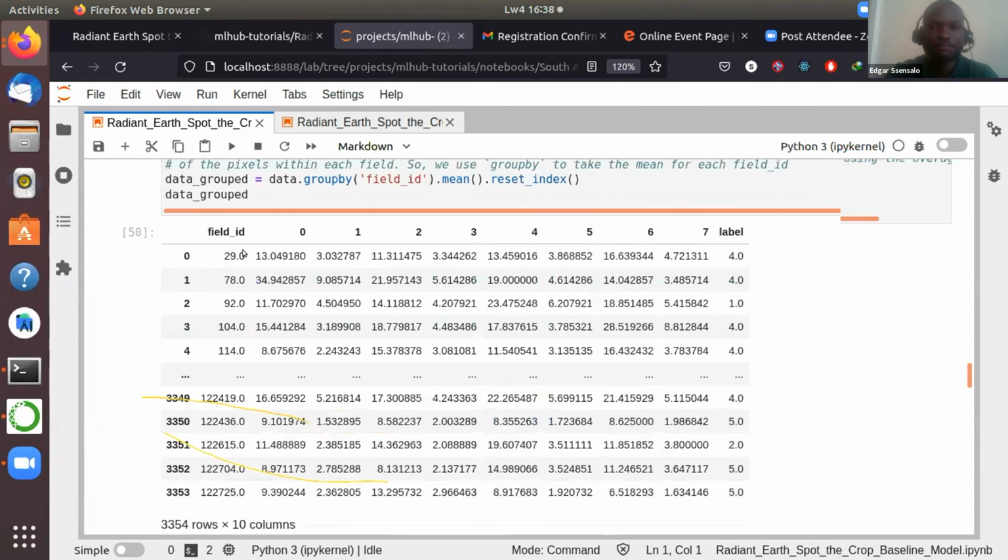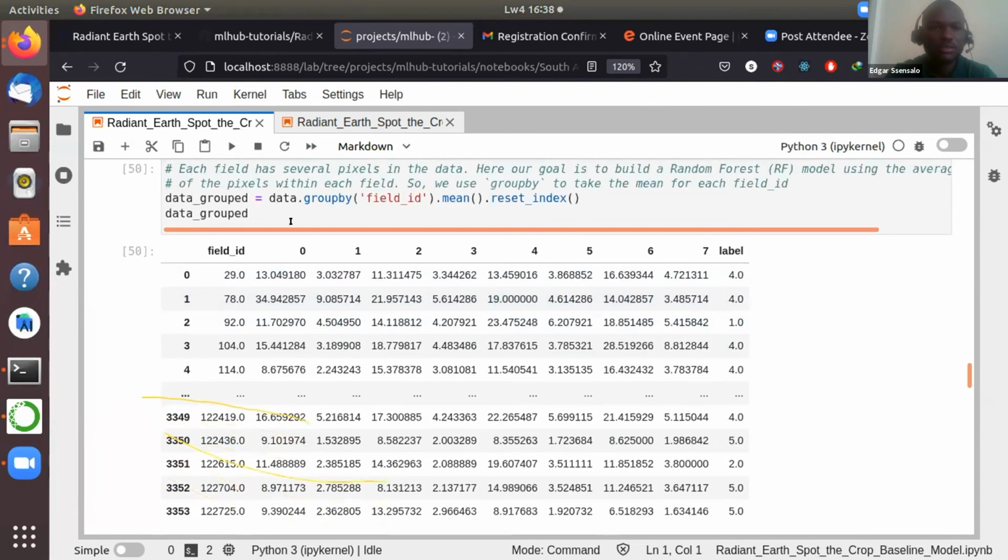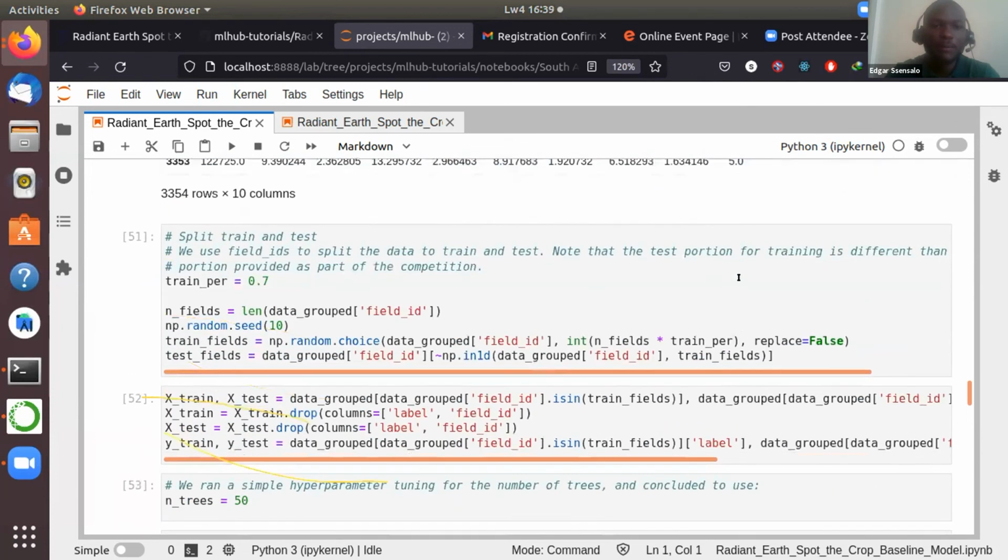And as you can see here, we have the field IDs and the different values. Here we're going from 0 all through to 7, and the labels as well. Then